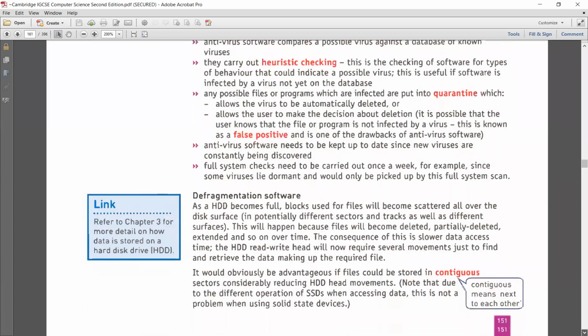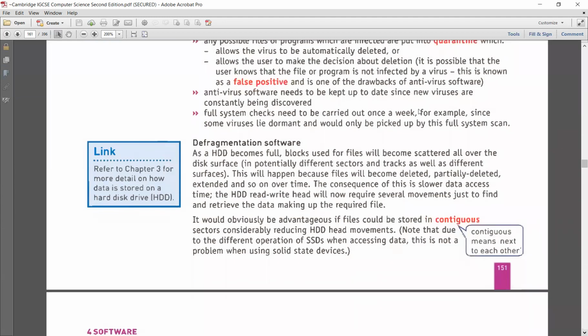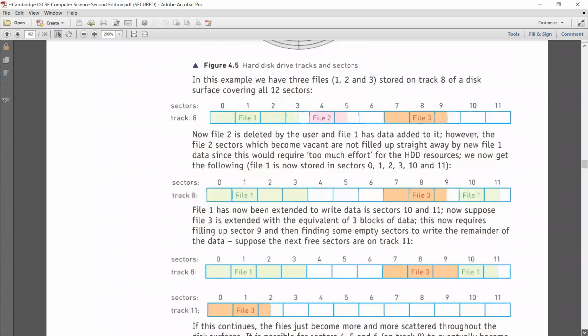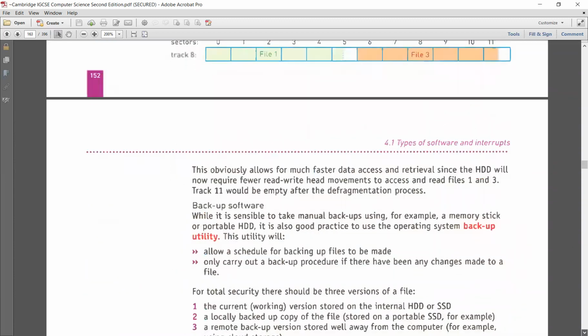After that, defragmentation. As the name implies, defragmentation is meant to put all the broken, non-contiguous parts of the file into one piece so that it can be accessed faster and worked upon faster. That is the purpose of defragmentation software. Then we have the utility program that is meant to perform